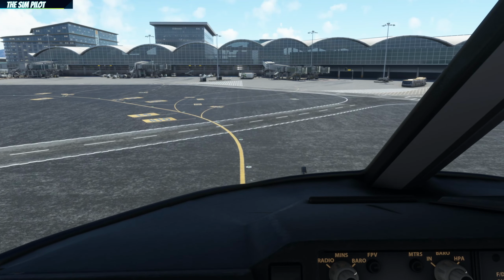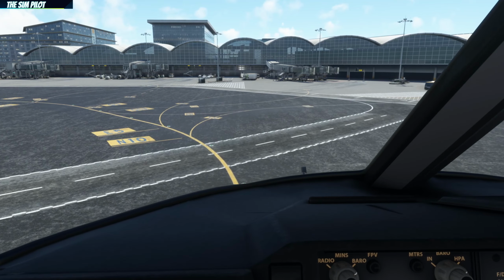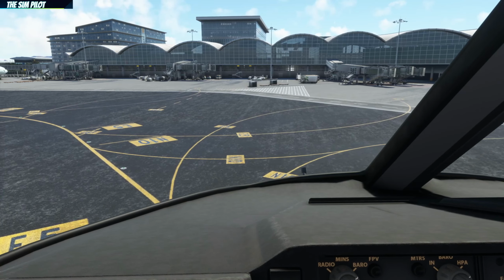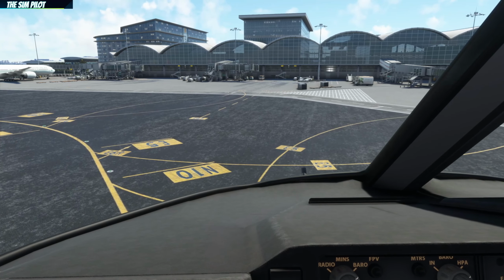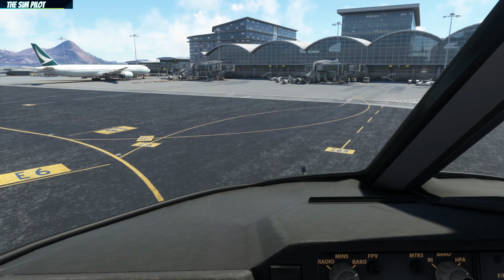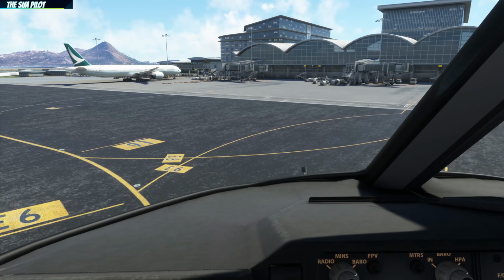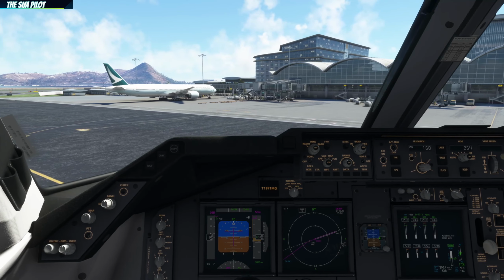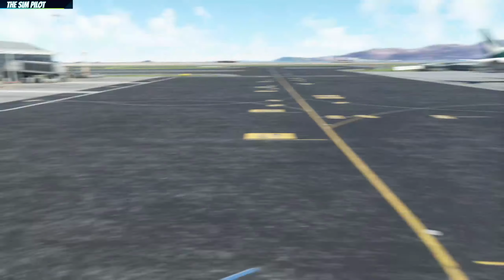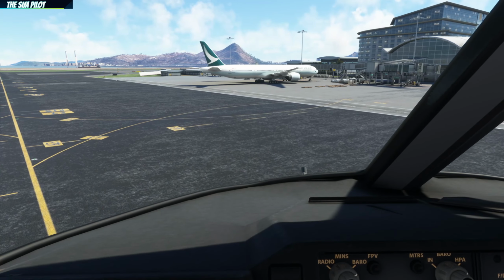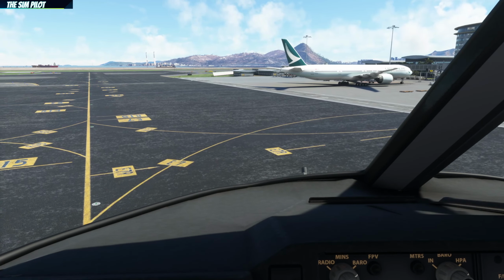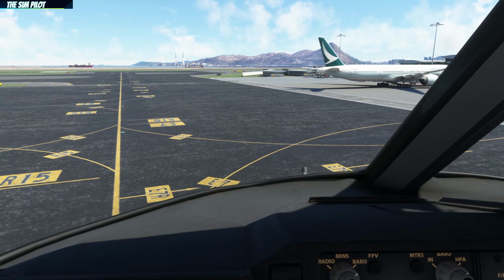Beautiful. This is my cheat to stay on the taxiway, because this is a very long and heavy bird that is not easy to control while you are on the ground. So throttle idle, and I'm just trying to turn without missing too much. That was really necessary for me to do. So if you count this as cheating, yes, I accept I am cheating. Okay, so